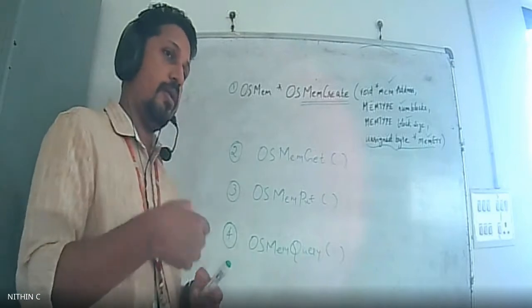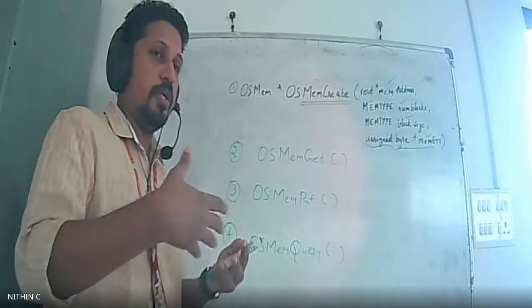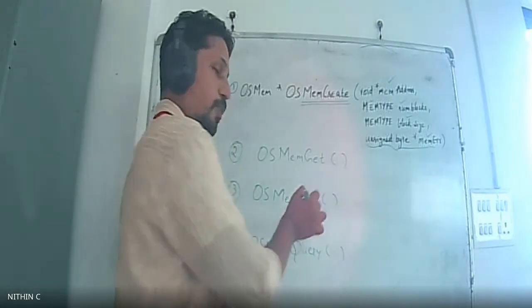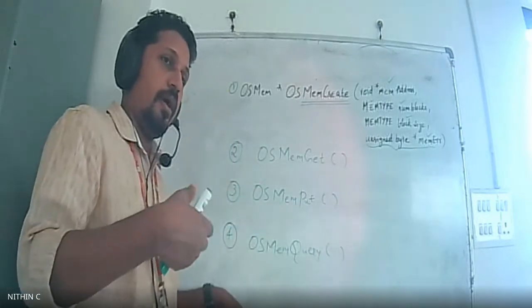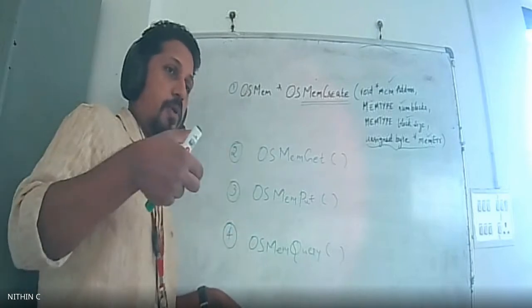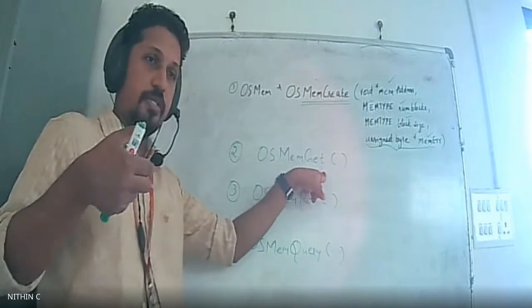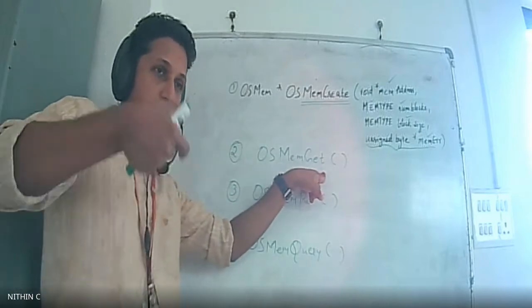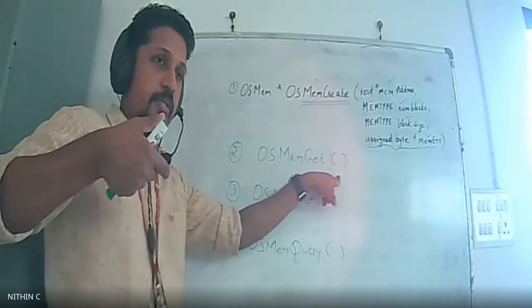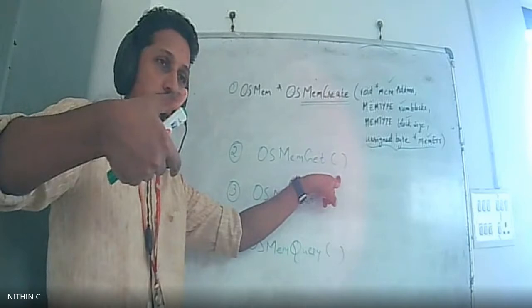And once you get that, you need to put some data or store some data. For that, we can use the OS memory put function. You get the block and then you put some data, and it is to be returned to the partition. You are taking a block from the partition using the OS memory get function, and you are returning this block back